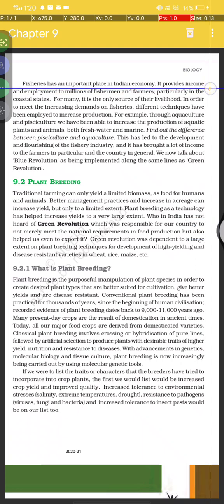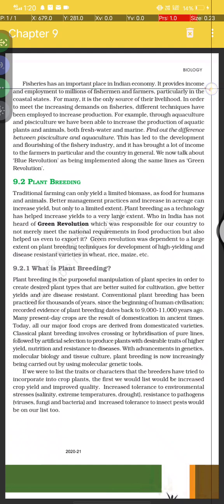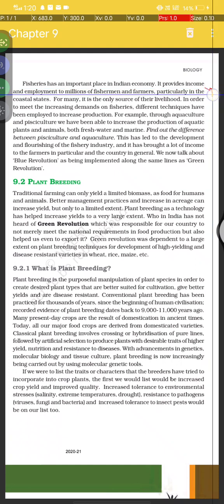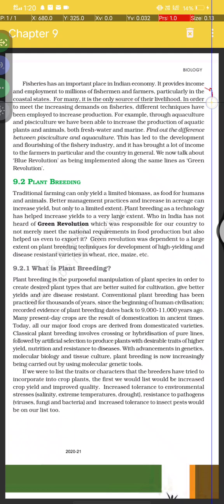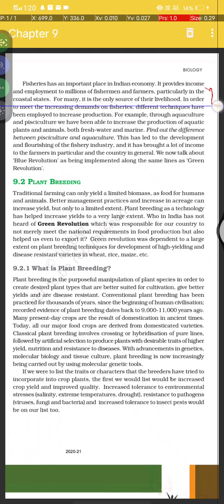Now, fisheries have an important place in the Indian economy. They provide income and employment to millions of fishermen and farmers, particularly in the coastal states. For many, it is the source of livelihood, and in order to meet increasing demands on the fisheries, different techniques have been